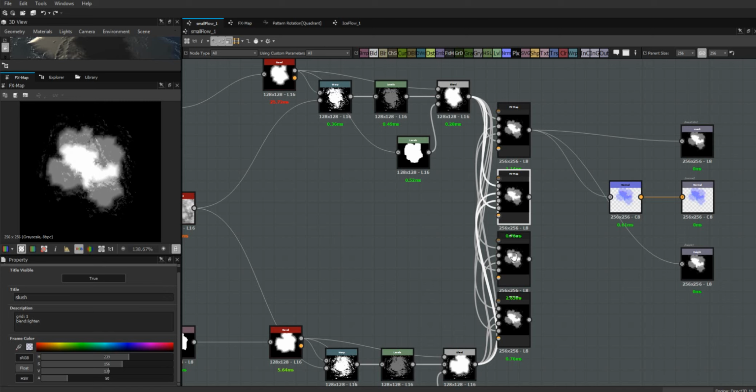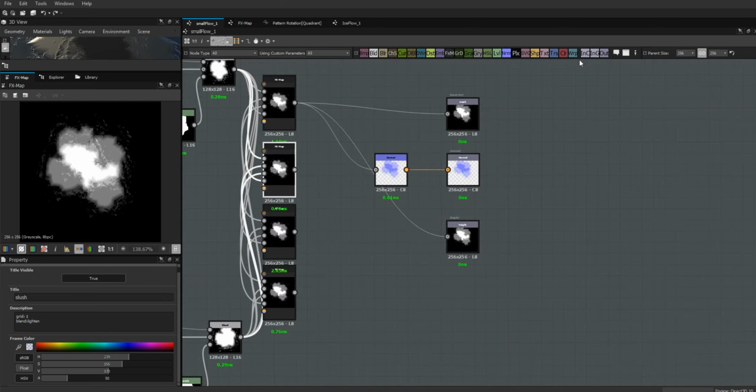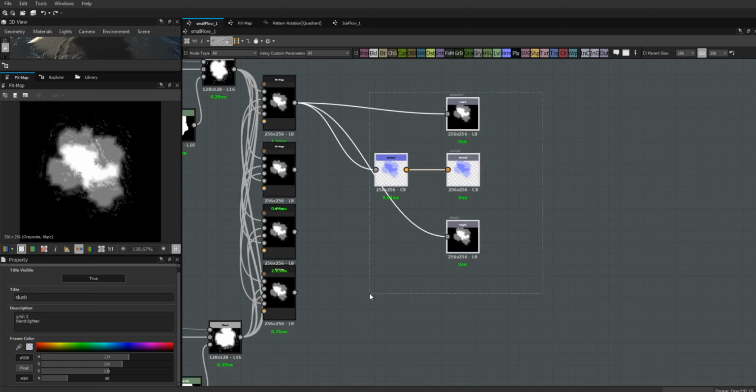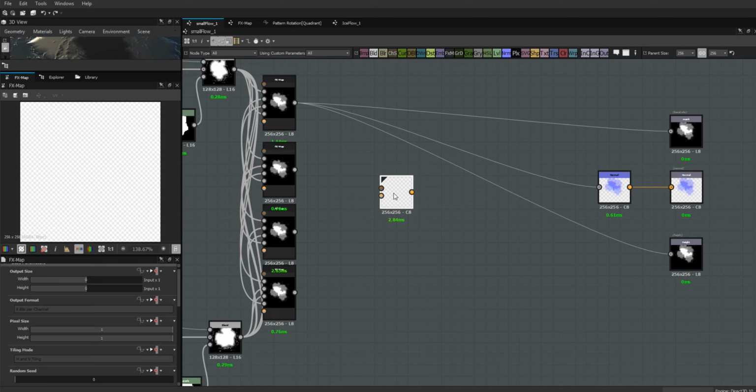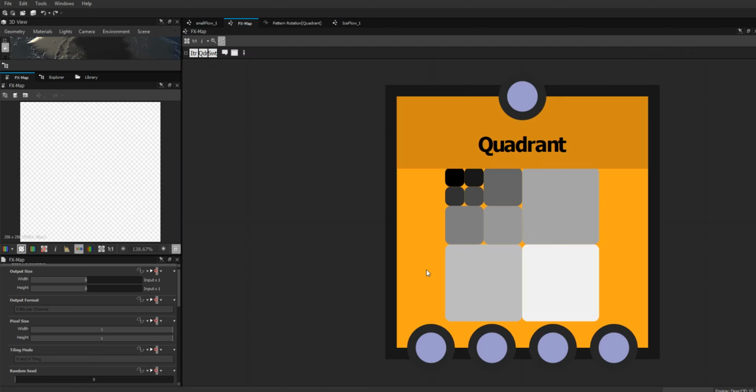Okay, so now we're ready to start doing our second effects map. I'm going to make some more room in here, and we'll bring that down into our graph. So once more, we're feeding all of these guys into our map, and then we're going to get into our effects map,